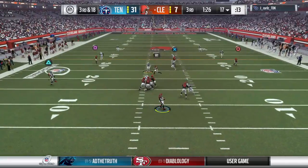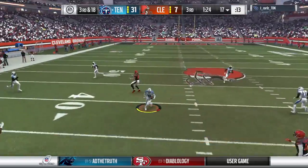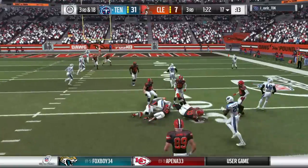On third and long, it's Kessler. And he's going to be intercepted a third time. Picked off by